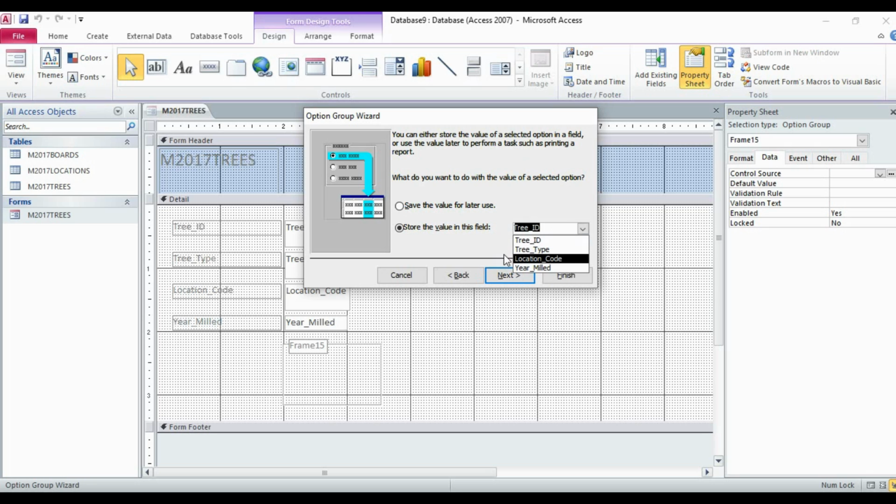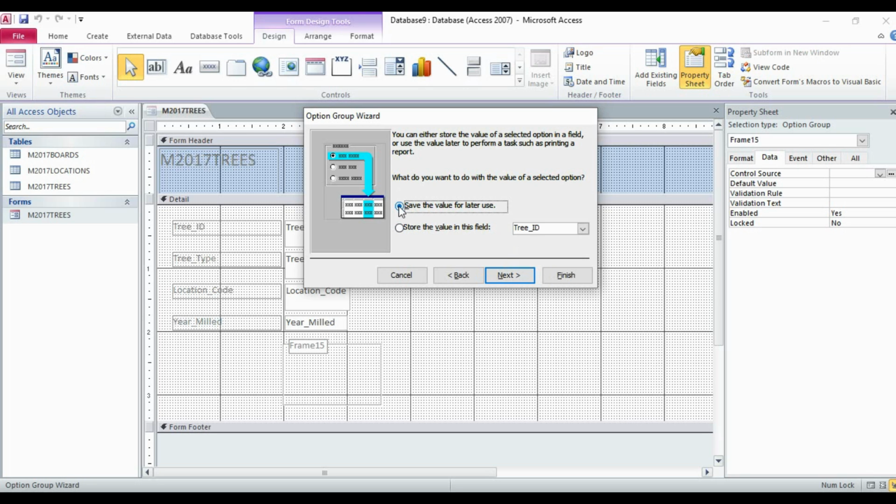So we can choose to save the value for later use, because if I choose the tree id, it will not be of any use for choosing the gender, so none of them is appropriate. So we just click on save the value for later use.